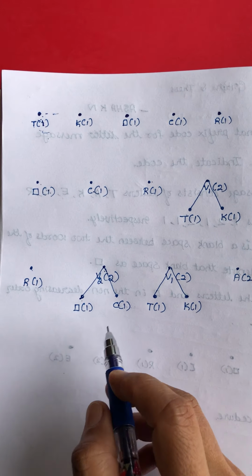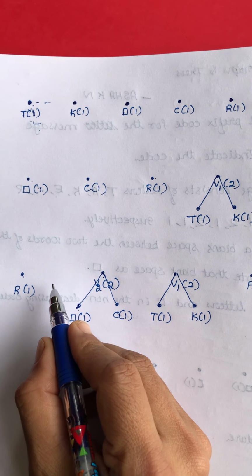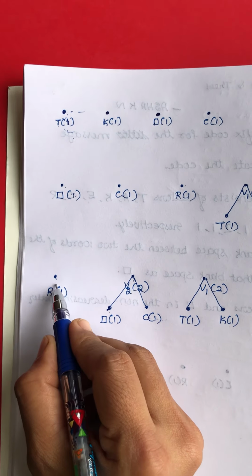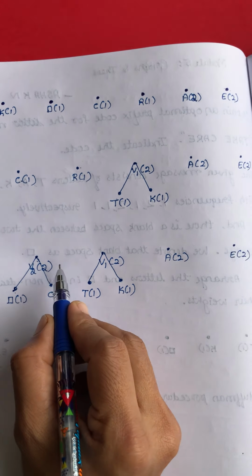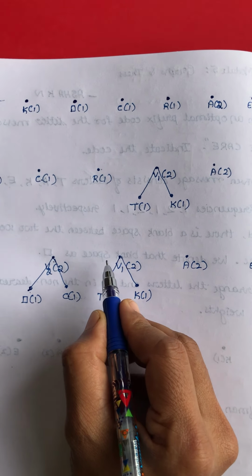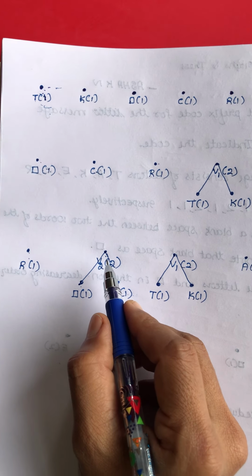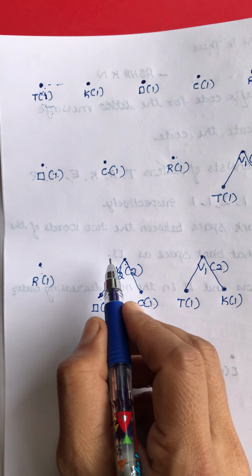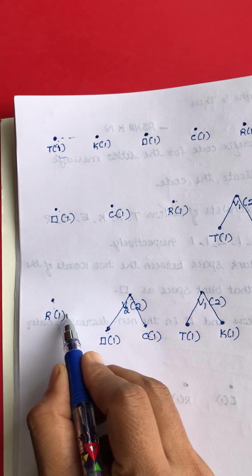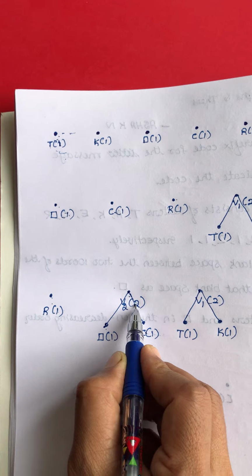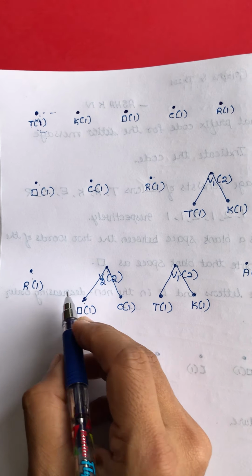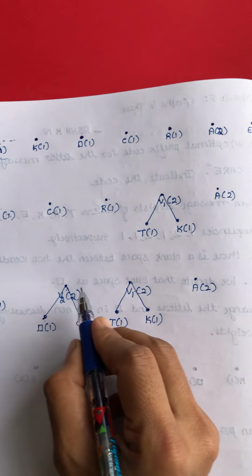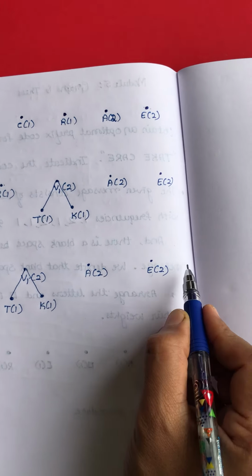Now again we have to repeat the step, that is adding the minimum two weights. 1, 2, 2, 2, 2. Minimum is 1, the next minimum is 2. Again, we can take any one of these two 2s, but I will follow the same procedure that I always consider the first two. Anyway, since they are in non-decreasing order, the first two will be the minimum. So 1 plus 2, I will get 3. New vertex is V3. V1 and V2 are done. Now V3, 1 plus 2, 3. That 3 I cannot keep here. 3 will come at the end, because after 1 and 2, 3 will come.